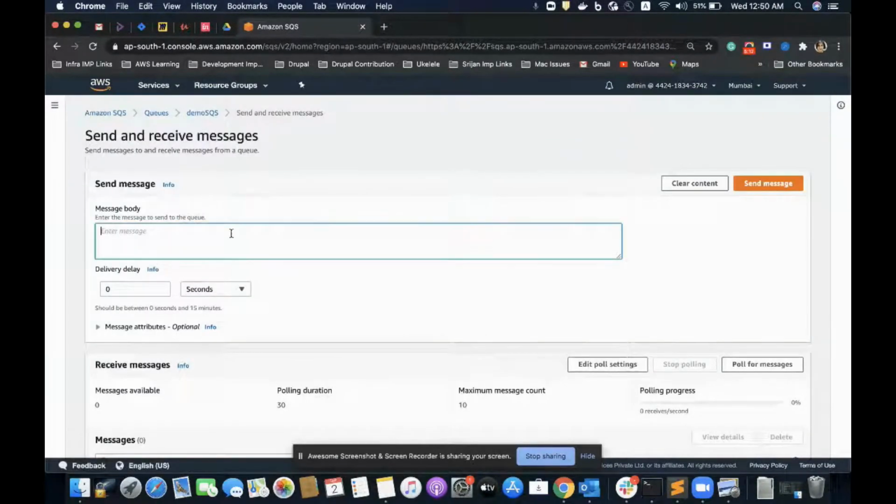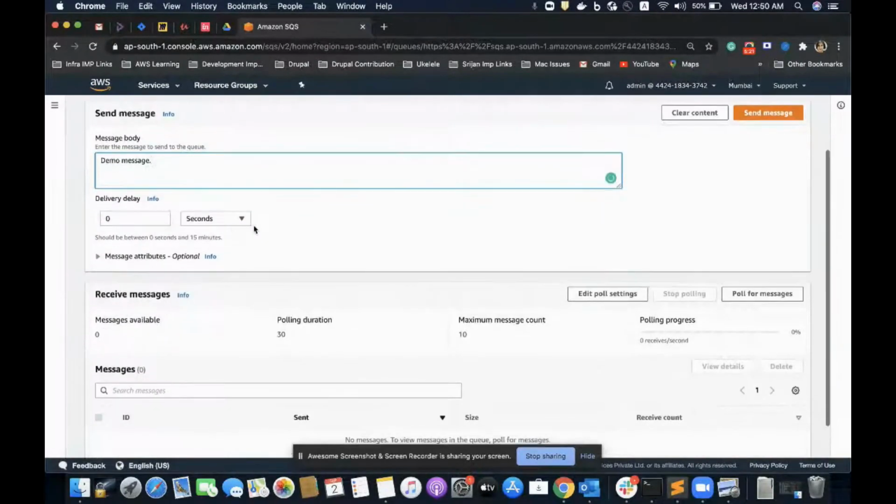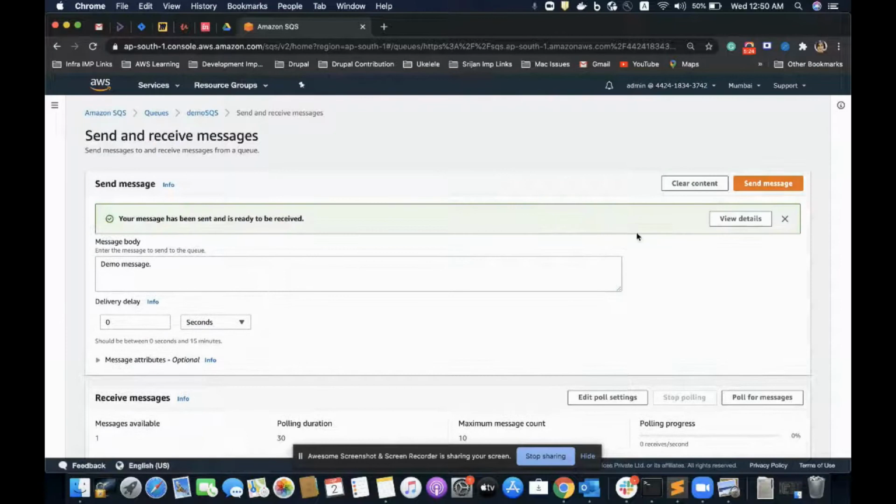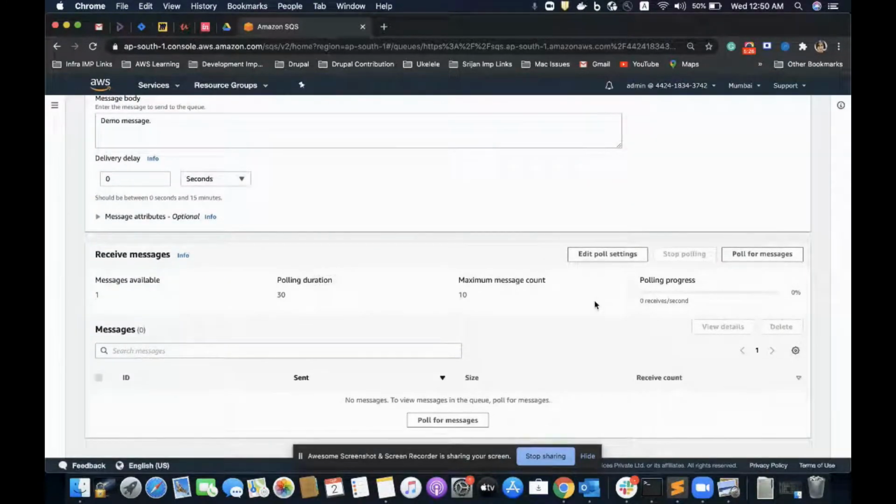I'll write demo message and send it. For now I can see that this section is telling me that I have one message available.